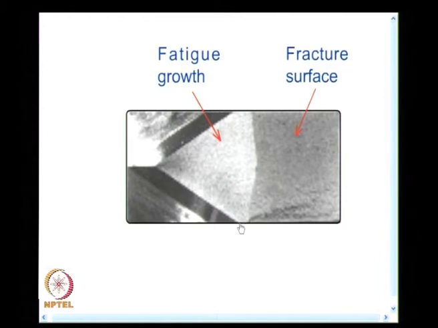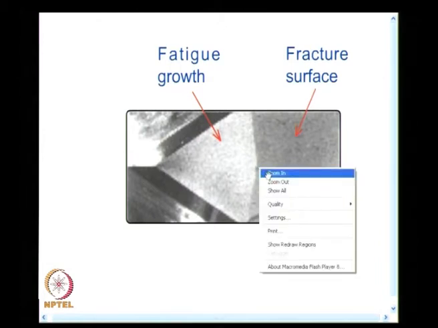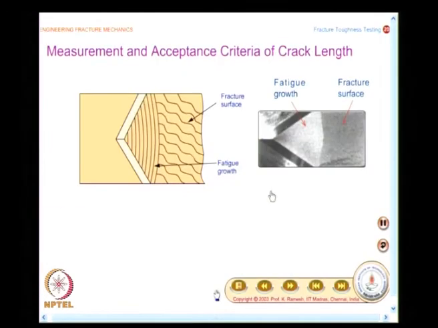You will be surprised, even these distances are noted in the code. You can't have anything other than that. What is the value it is coming out on this side of the specimen, what is the way it is coming out on this side of the specimen, what is the way the curvature is there. All these measurements are essential for you to accept the test. So, we will see one by one.